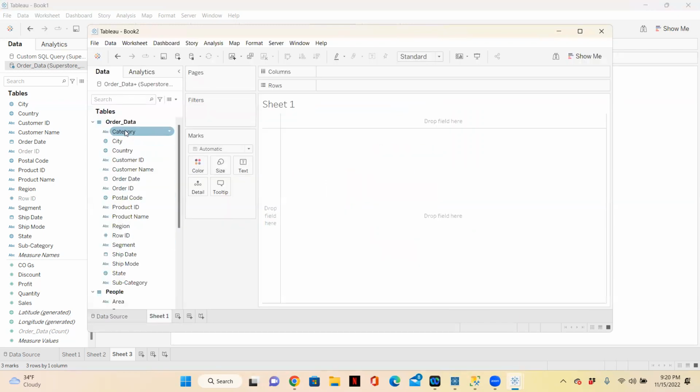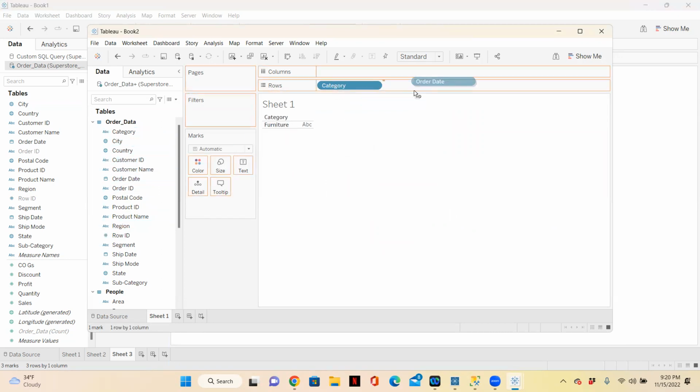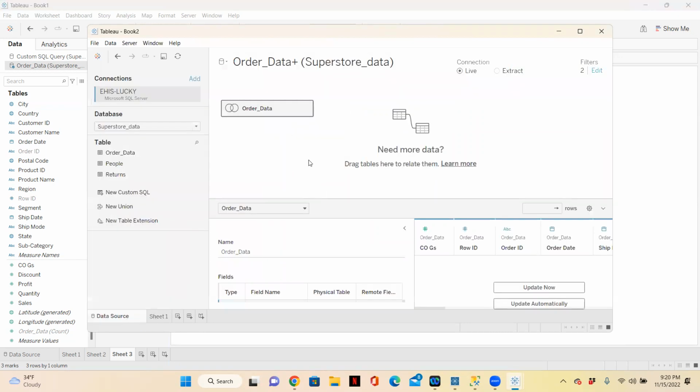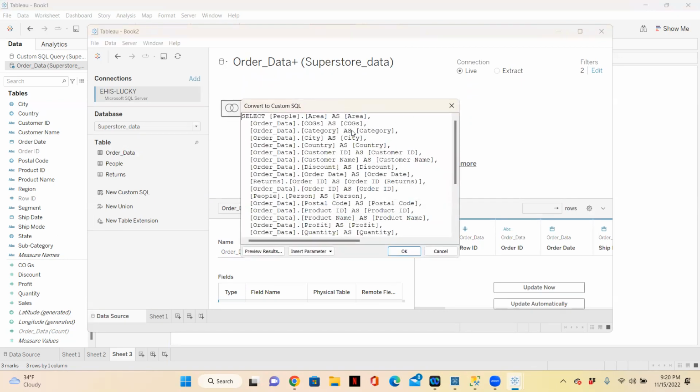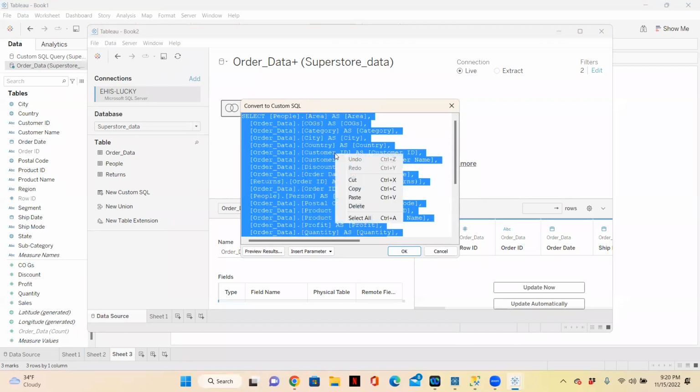Okay. So if you click on your category, we only have furniture. And if we bring in your order dates, we only have this. Now, let's say your boss says, well, okay, the report is good. Can you give me that query? Let me use it somewhere else. Again, now you can just come here, generate custom query. Okay, copy your code,